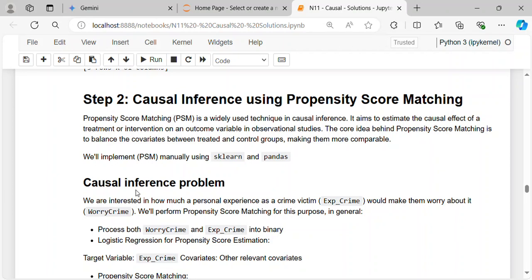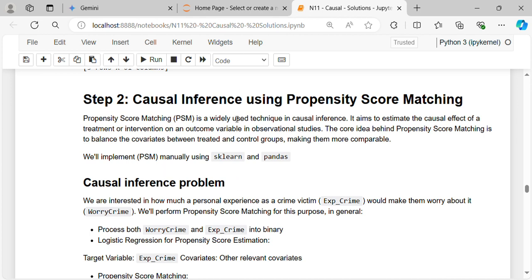In this lab, we will continue with the data set we imported for the causal analysis. So in step 1, we did the exploratory data analysis. We cleaned the data and we prepared it for doing the causal analysis. We made sure that most of the variables are numeric variables in the data set. Step 2,